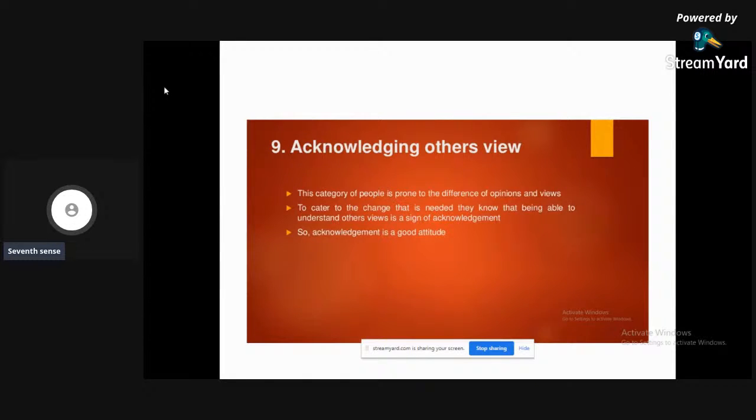Suppose there is a person who sees an upcoming challenge, a brewing challenge, which is not problematic now but can be problematic in the future. At that time, you're going to warn the company. So somebody should be there to consider the view. If you don't consider the view, you are going to face the challenge. If you don't work it out properly, you are going to collapse under the challenge.